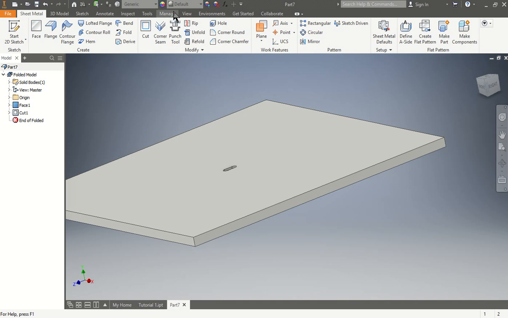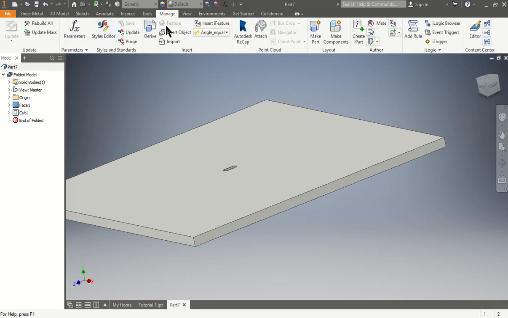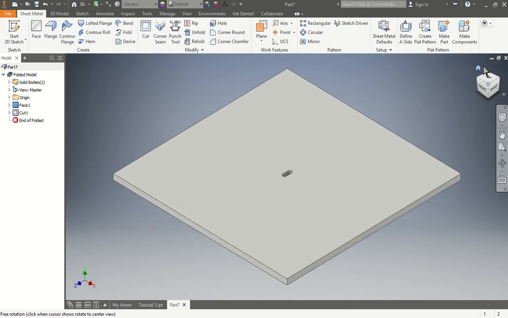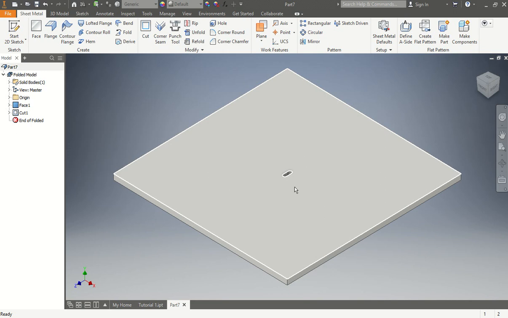Did I change that in the beginning, or did I forget to change it? Manage. No, it was on the sheet metal defaults, which is a good number as before. But just in case, it's 0.1, so you can see here, 1, 2. Now that that's done, the next step once we accepted it, once we made the punch,